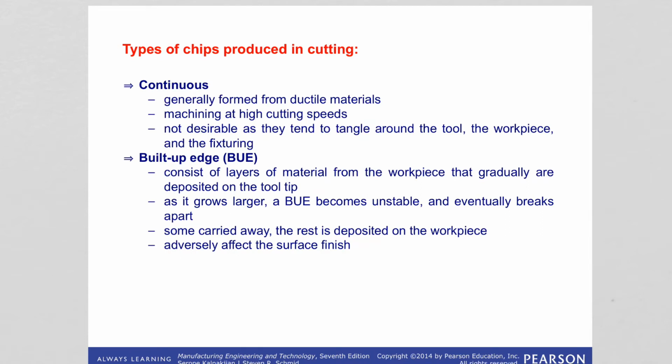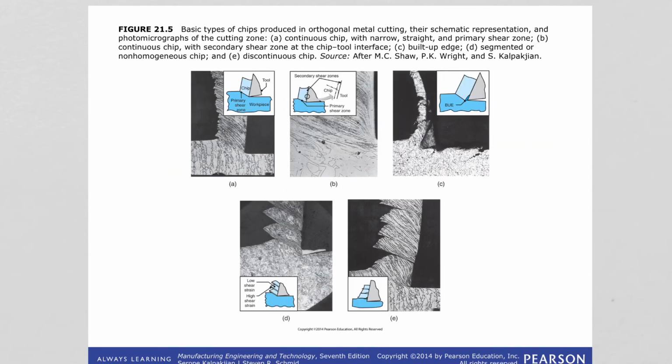Now let's take a look at types of chips produced in cutting. So there are 4 types. One of them is continuous chips. These are generally formed from ductile materials machining at high cutting speeds, and they are not desirable because they tend to tangle around the tool, the workpiece, and the fixturing. So if we take a look at the images here,